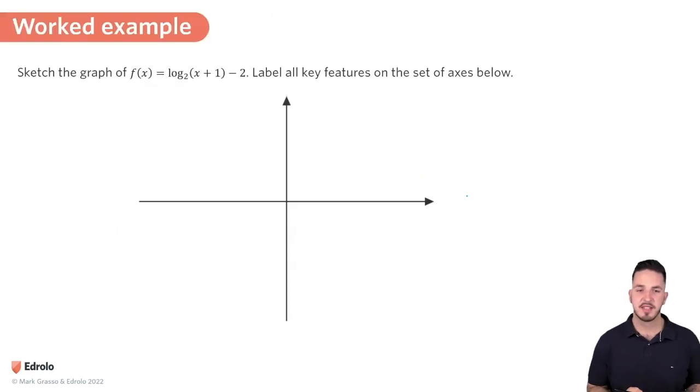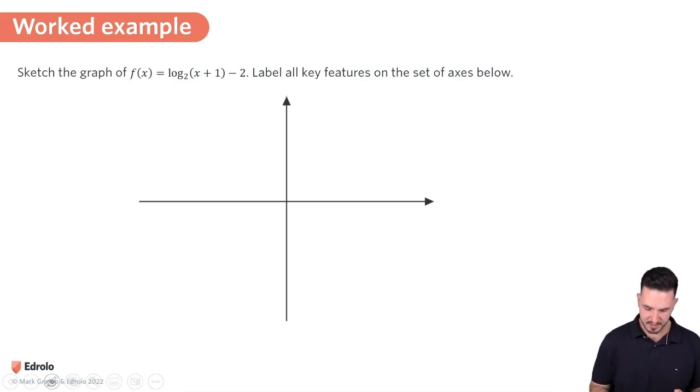So let's have a look at this worked example. Sketch the graph of f of x equals log 2 of (x plus 1), minus 2. Label all key features on the set of axes below. Generally speaking, when they're asking for all key features, they're asking for asymptotes and intercepts, or all relevant intercepts, that is. So let's first start